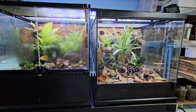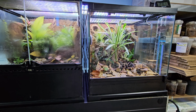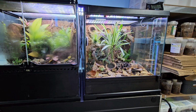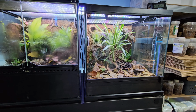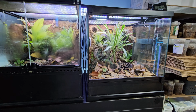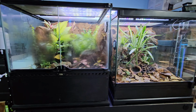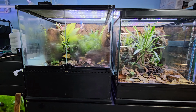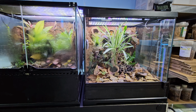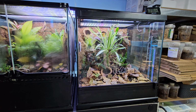And then final shot of the two together. So both of those are 45 by 45 by 45, believe it or not. They're both made by the same company, ExoTerra, but ExoTerra bought out a Frogs & Co brand. So the one on the right's Frogs & Co and the one on the left is ExoTerra. The one on the right's more designed for dart frogs and frog keeping, just by its design, but